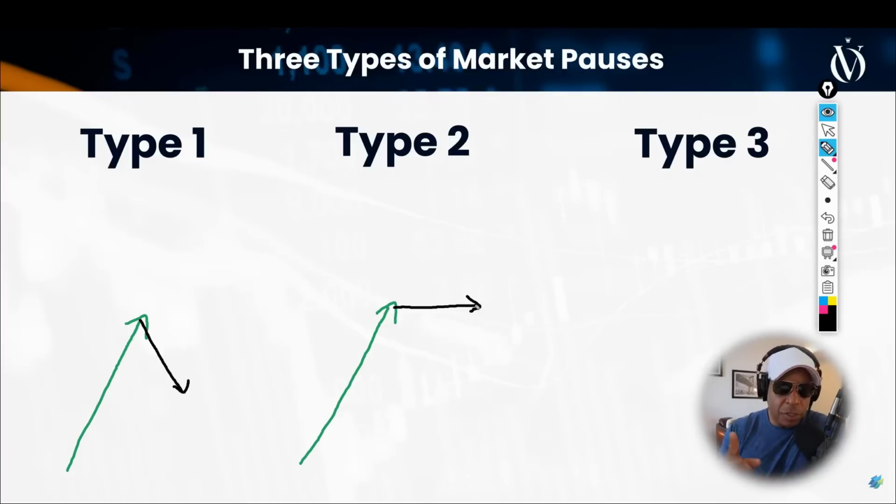In pause number 2, your stock or financial item is not giving back price. It's marking time, but that marking time is allowing the stock or the financial instrument to rest as well. So stocks can rest by way of type 1, and they can rest to get ready to continue to go upward by virtue of type 2. And type 3 is really interesting because type